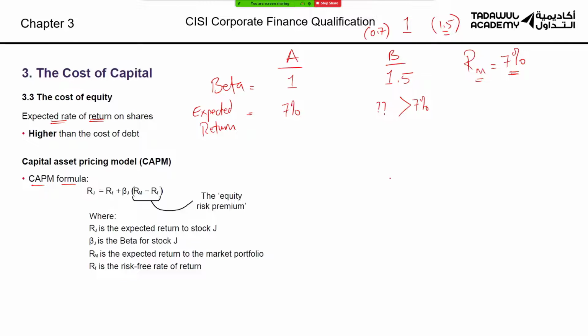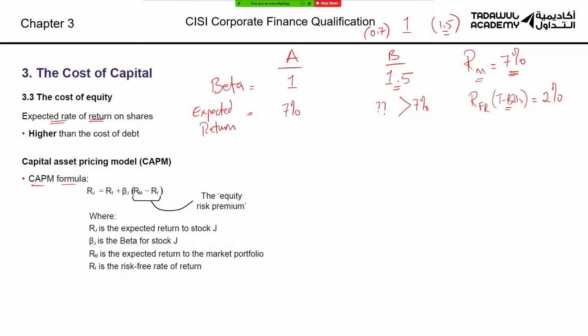And their formula tells you that in order for you to calculate the expected return, you're going to need the beta, which we already have. You're going to need the return on the market, which we already have. And you're going to need the risk-free rate or the risk-free return, which is basically an investment which gives you no risk but gets you some sort of return. And in this exam, you should automatically assume that the risk-free return is the one given by government bonds, especially treasury bills. Government bonds, which are a completely safe investment, particularly short-term ones, very safe investment. Let's say these are yielding 2%.